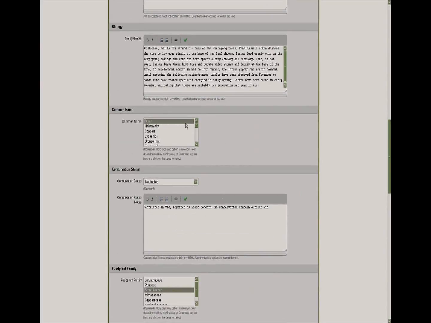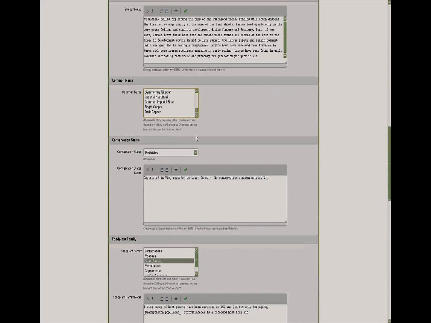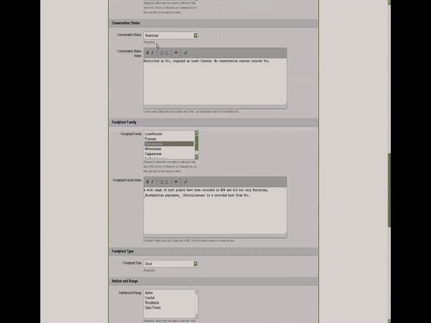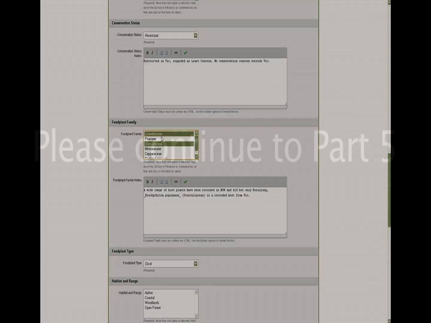Then we have common names that are down there, and they can be family common names, blues, hairstreaks, flats, or they may be species common names. Then we have the conservation status, and there are three. There's listed, restricted, and no conservation status. Down here, and this one here would be, remember, that single option, whereas down here would be a multiple option. So here's a range of different plant families that the butterflies occur on, and you're able to choose more than one by simply